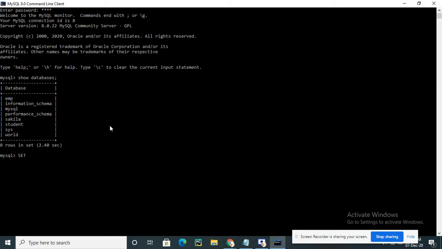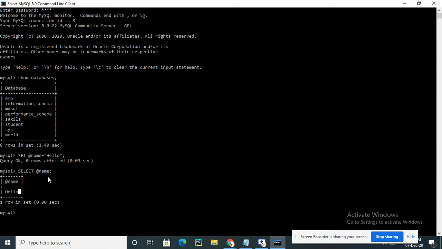See, SET is the command, and here is the @ symbol, and I set my name. So I'm setting the variable name, and you can see the query is affected. Now to get that name I have to use the SELECT statement: SELECT, the @ symbol and the name of the variable. You can observe here it shows Hello.